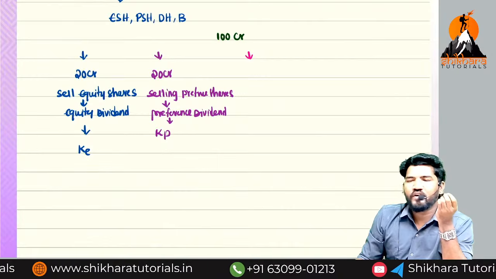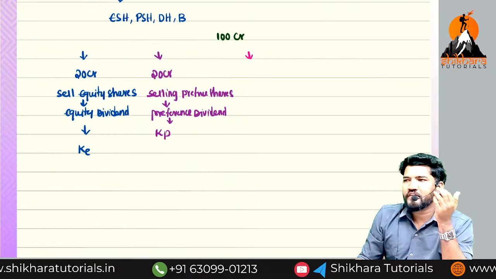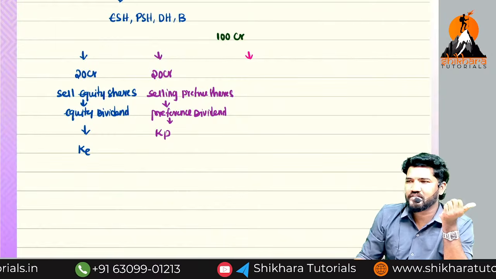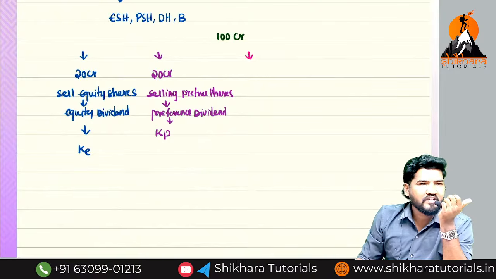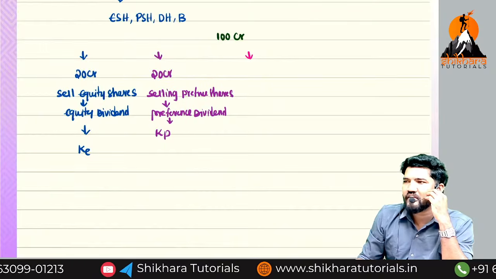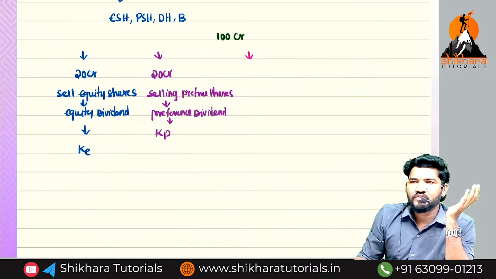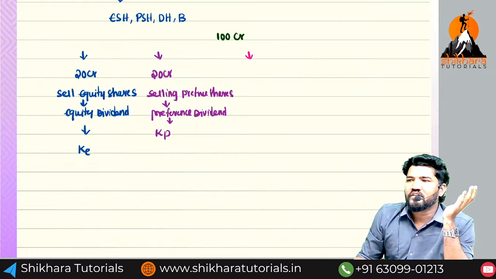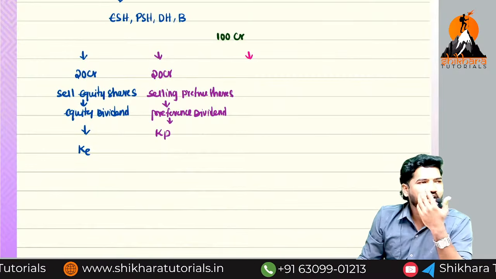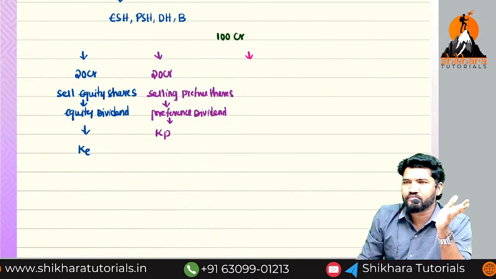I asked what her expectation from my company is. She said she needs to talk with her parents, because parents are not risk takers. She took one day. After one day she called and said, sir, I will invest 20 CR in your company, but I want debentures. Why debentures? Irrespective of profits, she will get interest. Whether my company earns or not, I need to pay interest. It is called a smart move.